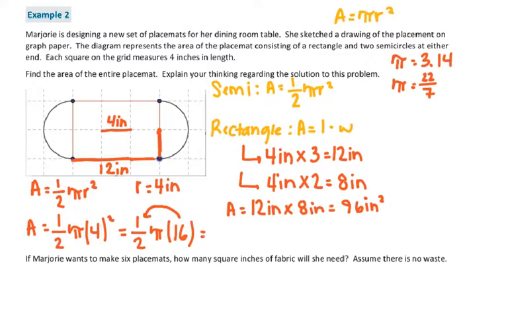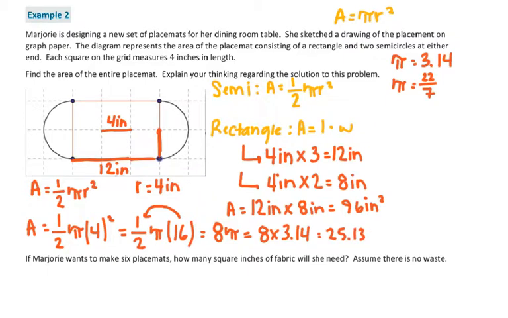So now my area reads 8 pi, and I can stop there if I want. But it's going to be easier for me to add the area of my semicircle to the area of my rectangle if I have an actual decimal. So now I'm actually going to multiply 8 times 3.14. I'll just use that for now. I'm actually going to use the pi button on my calculator. So 8 times pi is